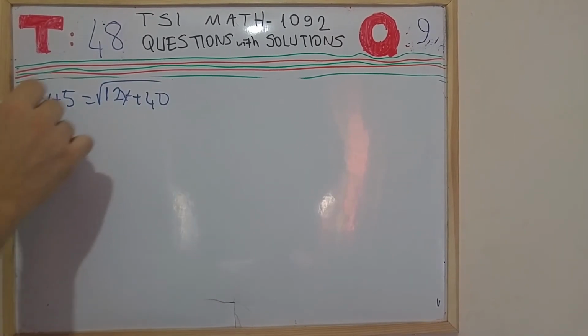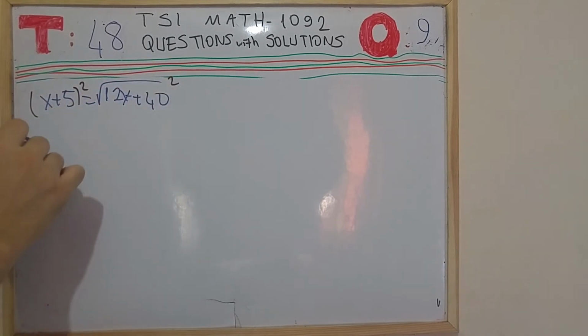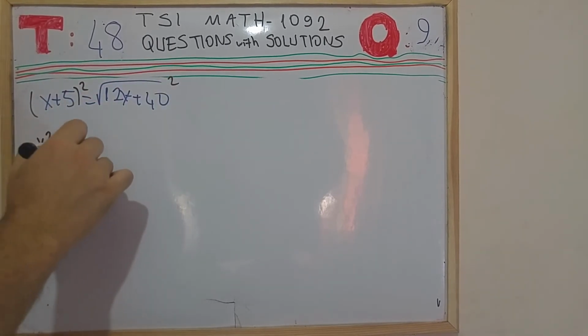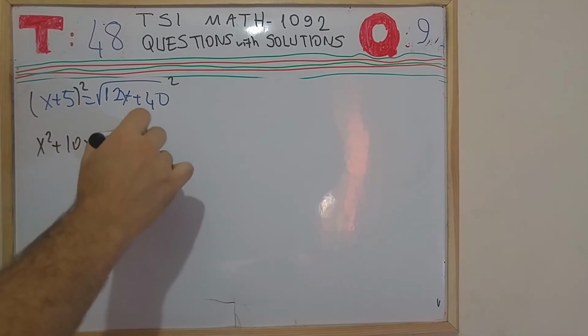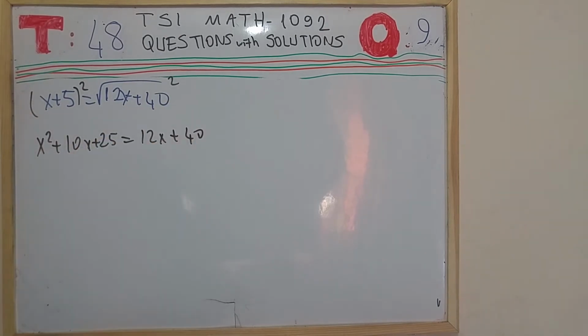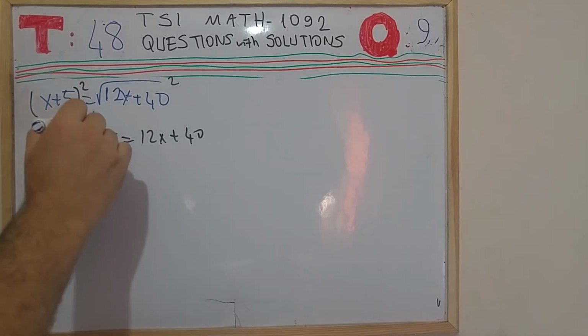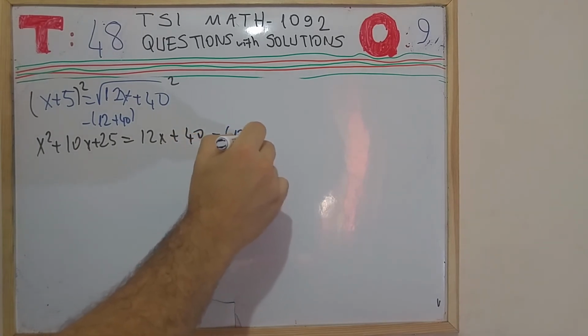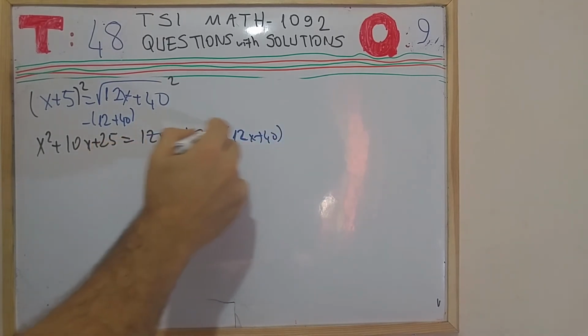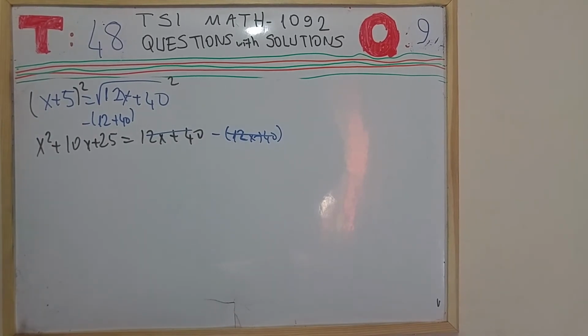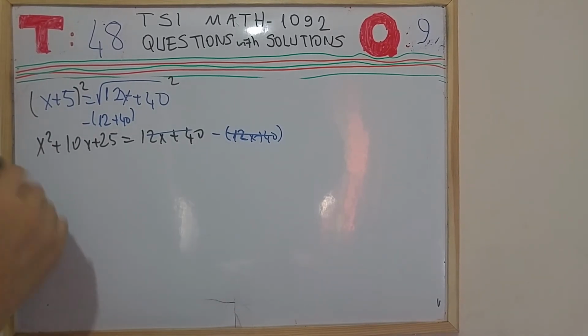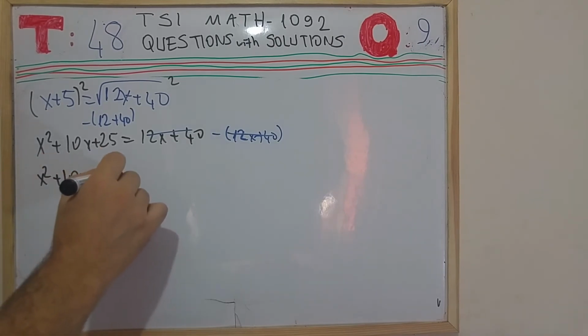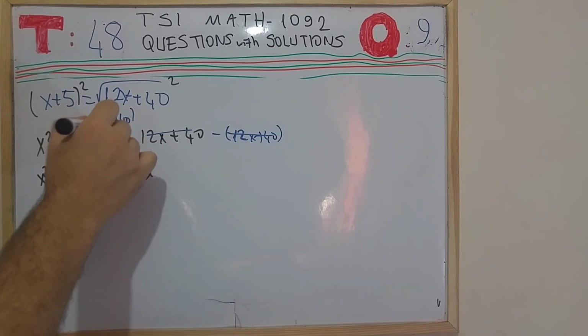Take the square of both sides. So what I have is x squared plus 10x plus 25 is equal to 12x plus 40. Let me subtract 12x plus 40 from each side. So right hand side is left with 0 now, and what I have in the left hand side is x squared plus 10x plus 25 minus 12x